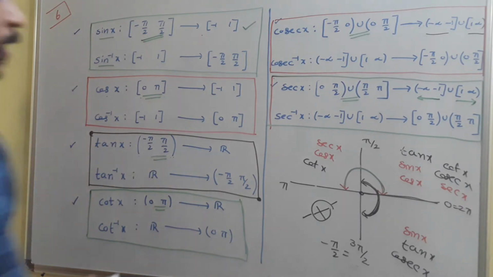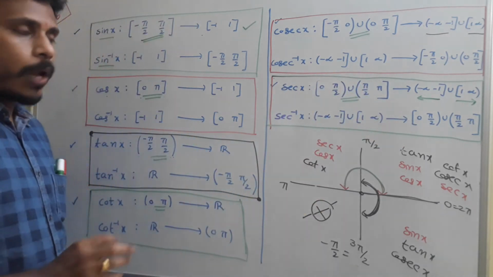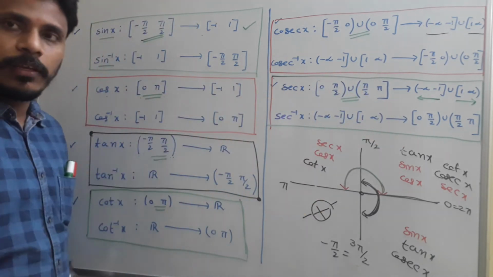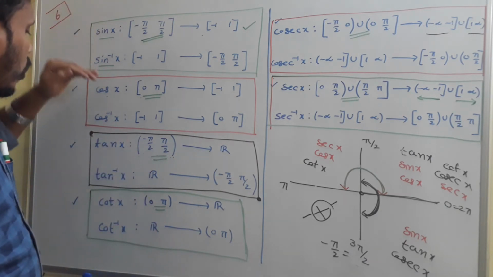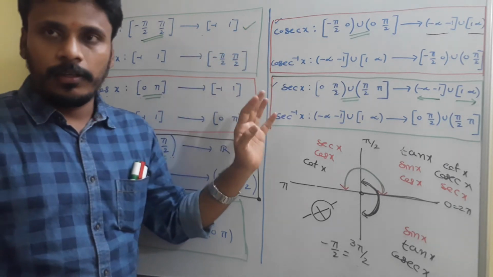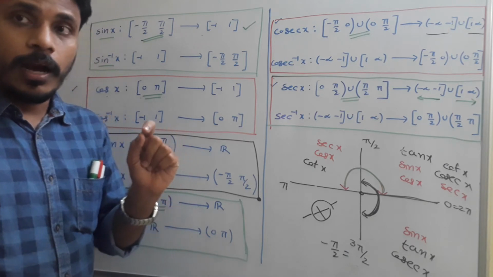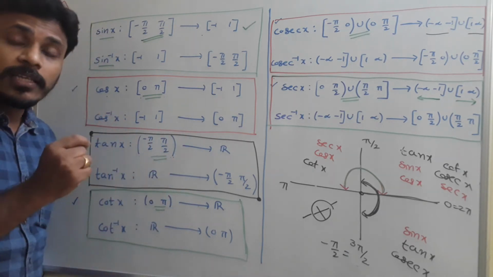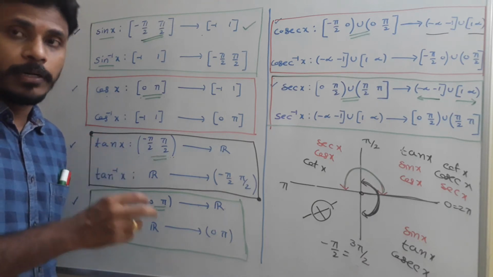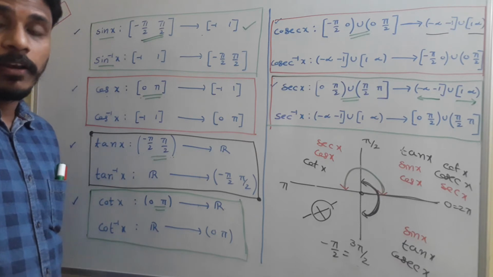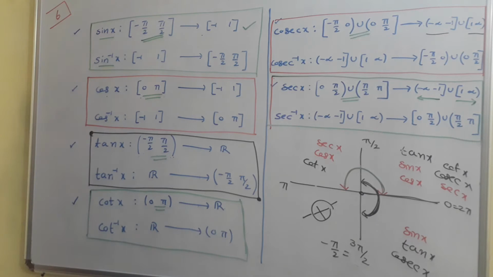So see here, I just corrected this: it is a closed interval, not an open interval. And now at the end, once you look at everything for trigonometric functions, it may be sine, cos, tan, cot, cosecant, secant. The domains are the angles, and the ranges are the numbers. Whereas for inverse trigonometric functions, the domain is the real numbers, and the range is the real angles.